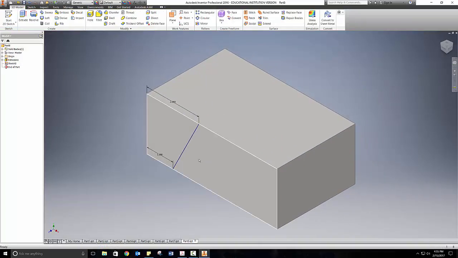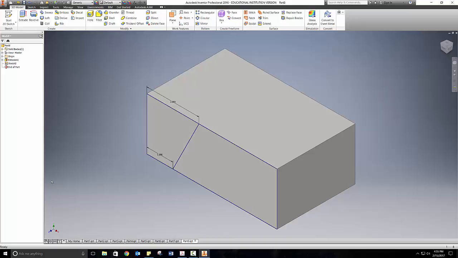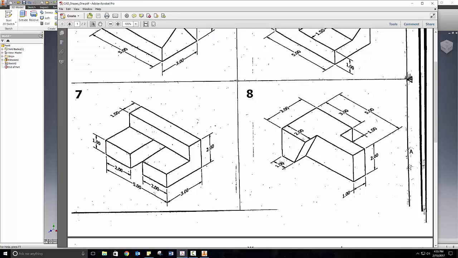Okay, and I clicked on my home view. Now what I want to do is I want to extrude the area that I don't want. I want to extrude and get rid of that. Okay, so let's take a look here. How far back does this extrusion go? From here to here, how far back? Well, if we look,